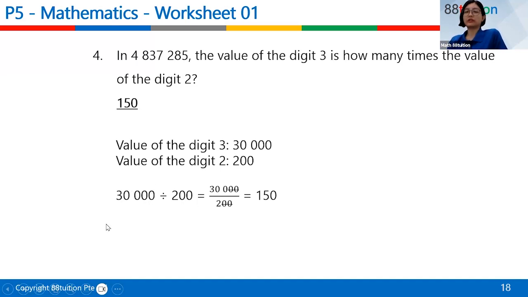One way you can understand it is you put it in a fraction form. We learned how to simplify fraction last year, right? So in this case, what we did is we divide by 100, both the top and the bottom. Then after you get rid of all the zeros, which make it so big, now we can just take 300 divided by 2. You use long division, you will know that it's 150. Of course, the faster way to remember it is, you see here got 2 zeros, then we just cancel the 2 zeros. This is the tip to do it faster without calculator. And something that you need to